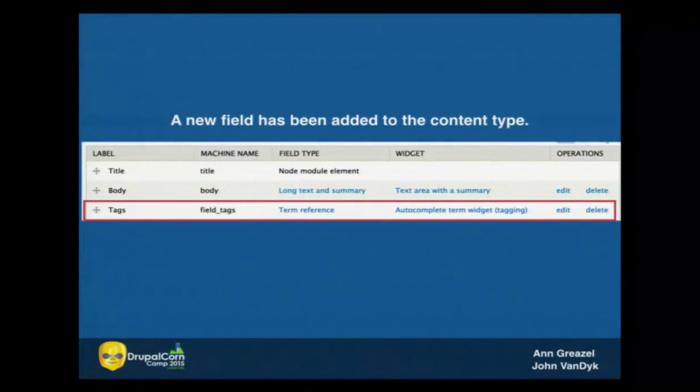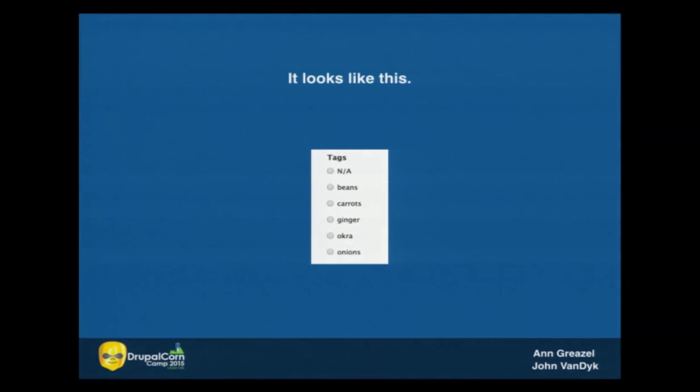Now, I can see that a new field has been added to my content type. So when you open basic Drupal, you have the basic page content type with title and body, and now you've just added a third, tags. So when you go to add content, basic page, you're going to see title, you're going to see the body box, and underneath now you're going to see a list of the vocabulary that we created with all the terms, and you're going to see radio buttons, because I selected as an option that you can only select one.